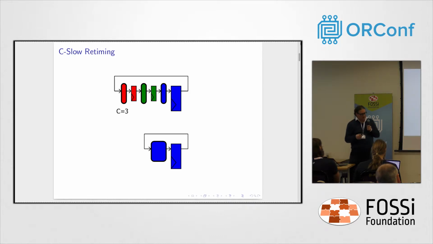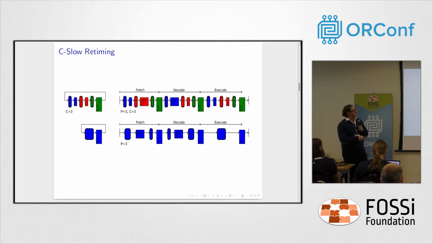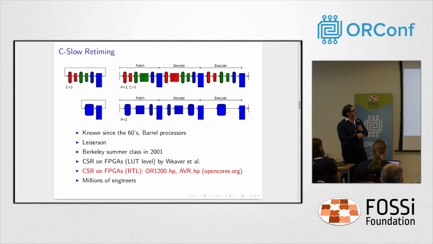Because we talk about processors, let's talk about threads, and each color is a thread. So now you use the logic in a time-sliced fashion. If you unroll a three-stage pipeline, you can draw it like this. And when you apply C-slow retiming, you add registers all over the design, and then you have 3 times the